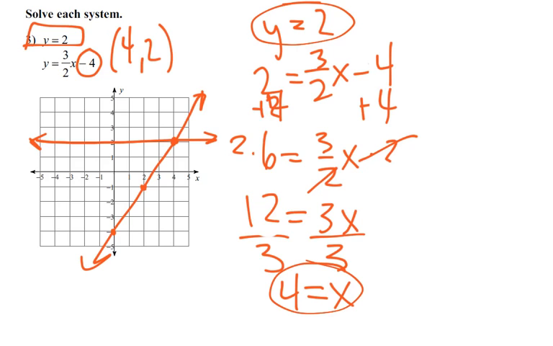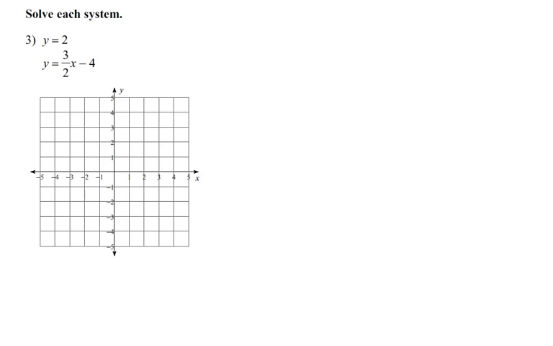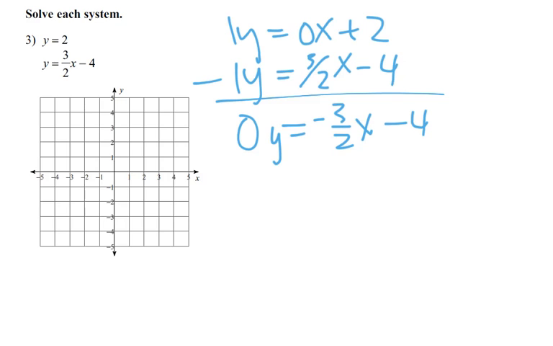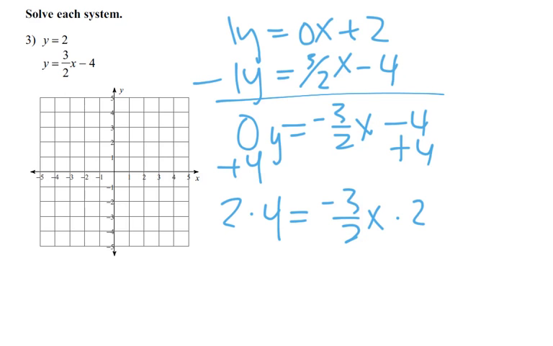Now with elimination, this one's kind of tough to do on elimination. But you still can do it. So far it looks like graphing was the easiest on these ones because they were both in slope-intercept form. But if I want to do elimination, I'd have to go y equals 0x plus 2. I'd have to put an x term in here, or else it wouldn't work. Then I could subtract, because 1y minus 1y would be 0y. We'd get negative 3/2 x minus 4. I could add 4 to both sides, and we'd get 4 equals negative 3/2 x, and this looks pretty familiar, doesn't it? So we'd get